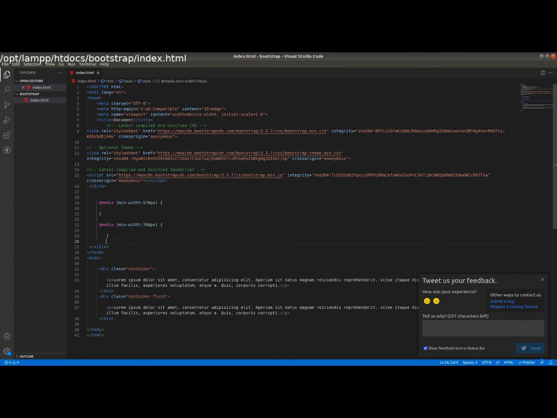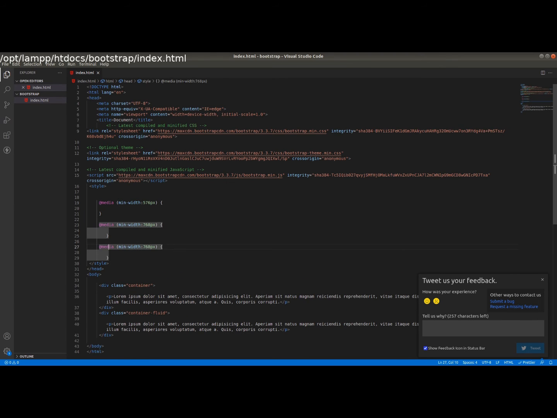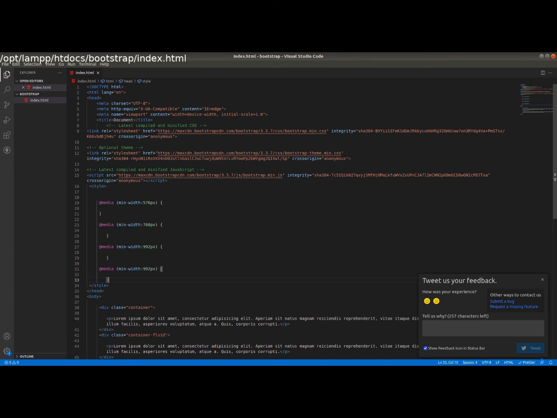If I'm writing my media query for minimum width 992 pixel, that is for your desktop. If I'm working for 1200 pixel, this is for the large screen device. So this is about the breakpoints of Bootstrap.